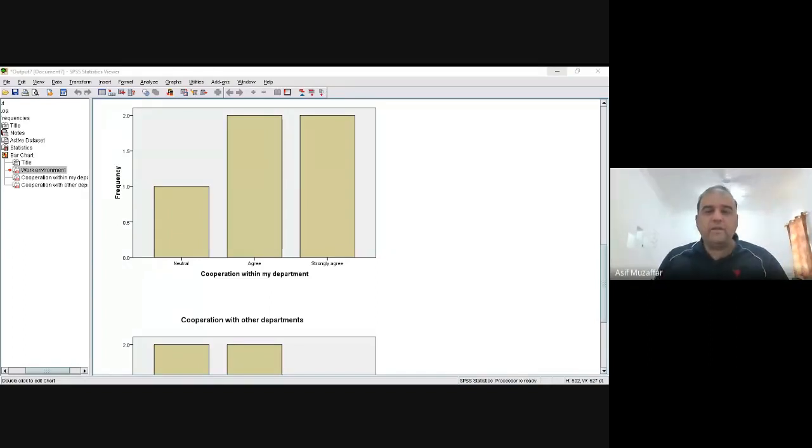So please understand, when you have data in the form of male, female, change it into numbers. Change it by yourself. There are 2 ways. If I see male, I will change it into 1, female into 2. I can do it myself. But if your data is very long, the easy way is to use transform. I told you that. Go to the transform option. What I did before: transform, recode into same variable.